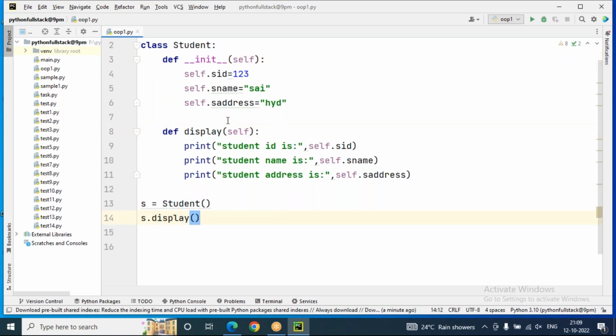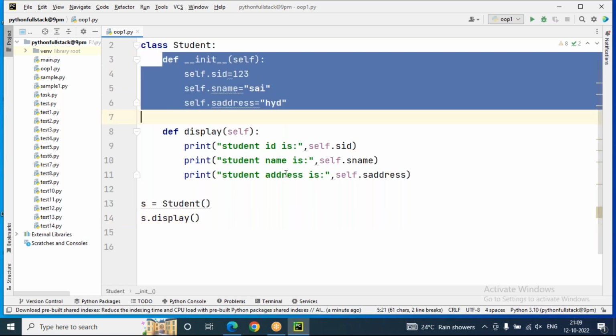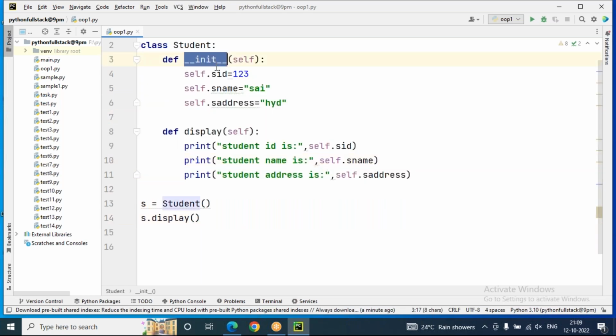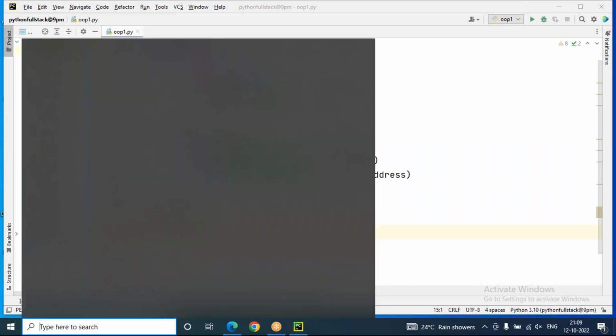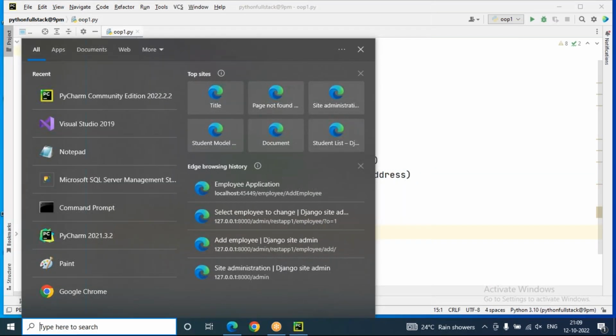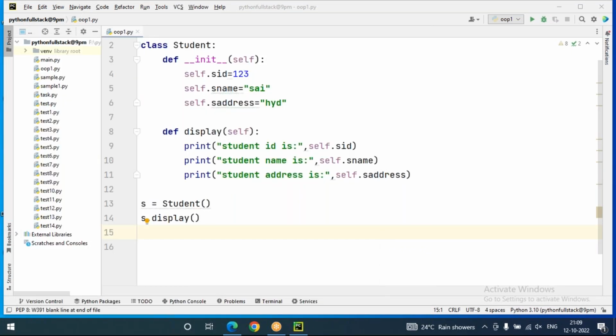In today's session, I'm going to give clarity on this code: what this constructor is and why, what this method is and why, and what this object creation is, and that we are calling the method only. First I need to discuss the differences between constructor and method, so I'll explain this program again. So let's go to the constructor